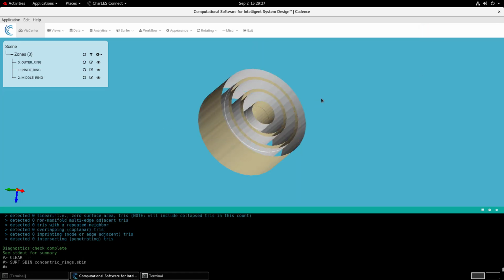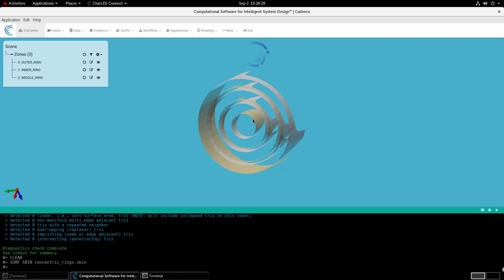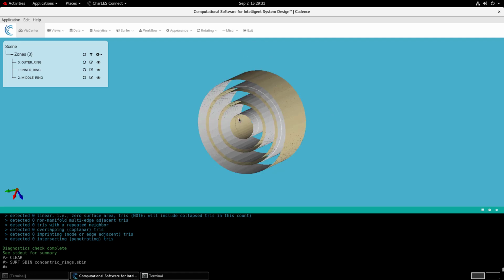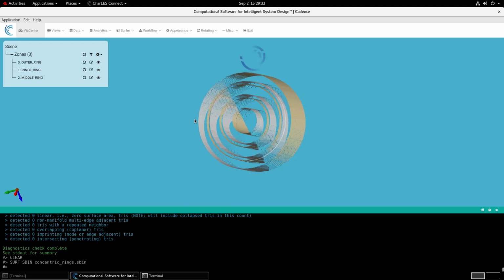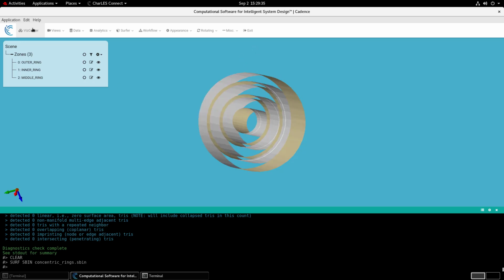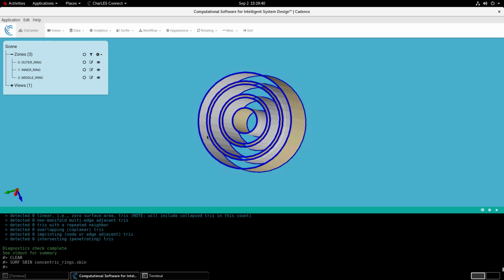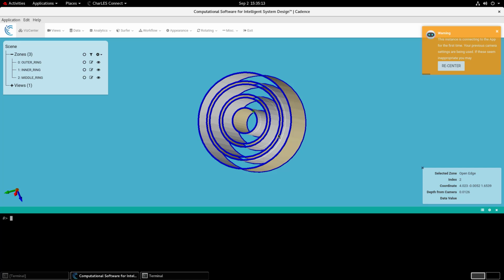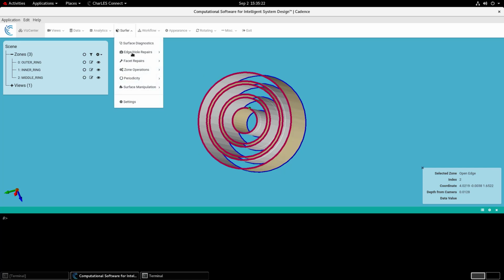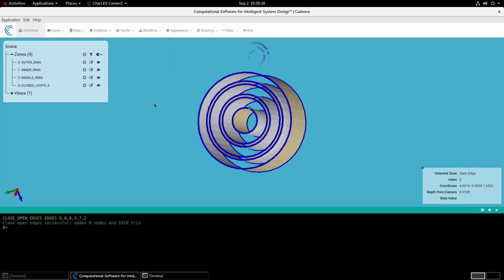So you can see on this geometry there that we have a number of shells that are 6 open edge loops which we would like to close. So to view these open edge loops, you can also go back again to Views and Edges, and you can see the edges here. So to close these open edge loops, you can actually select one of these faces or these open edges and then go to Surfer, Edge Hole Repairs, close selected open edge groups,